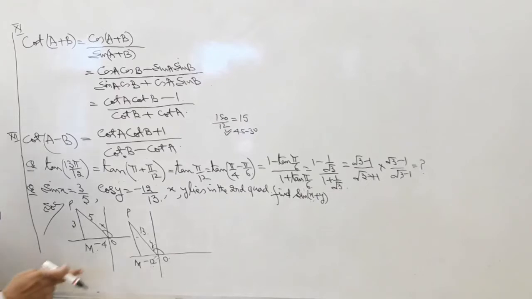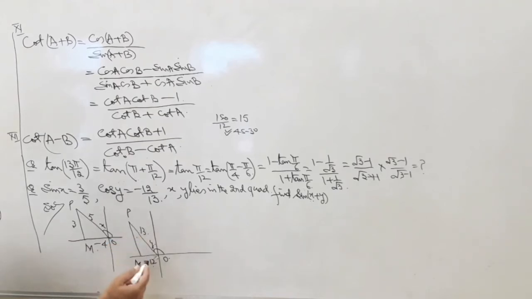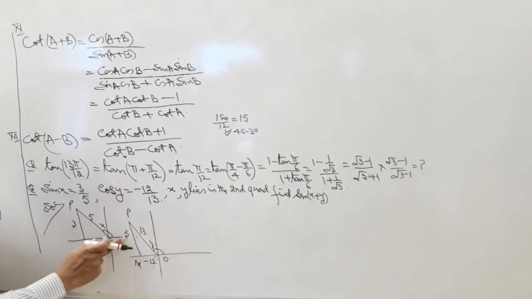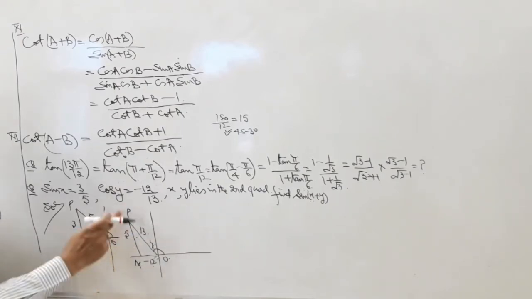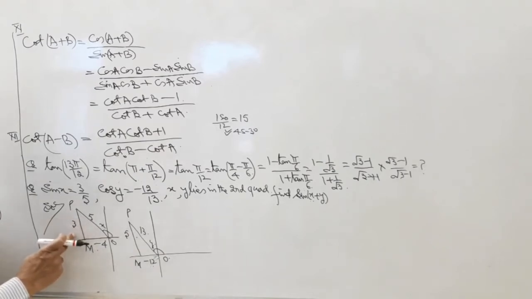Now go to the second quadrant. In this case, 169 minus 144 is 25, so it is plus 5, because MP in this case is positive. Then you have the second quadrant, where it is already given to you as negative. Here it is plus or minus 9, but because in the second quadrant MP is positive, that's why.